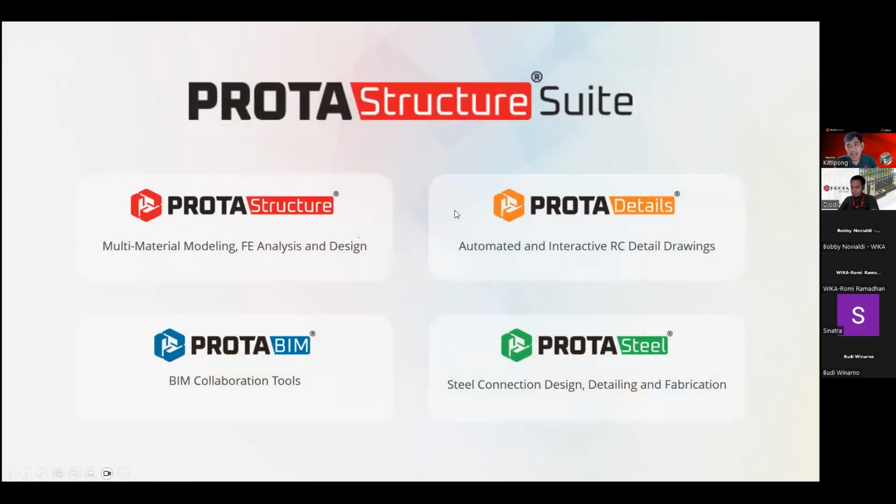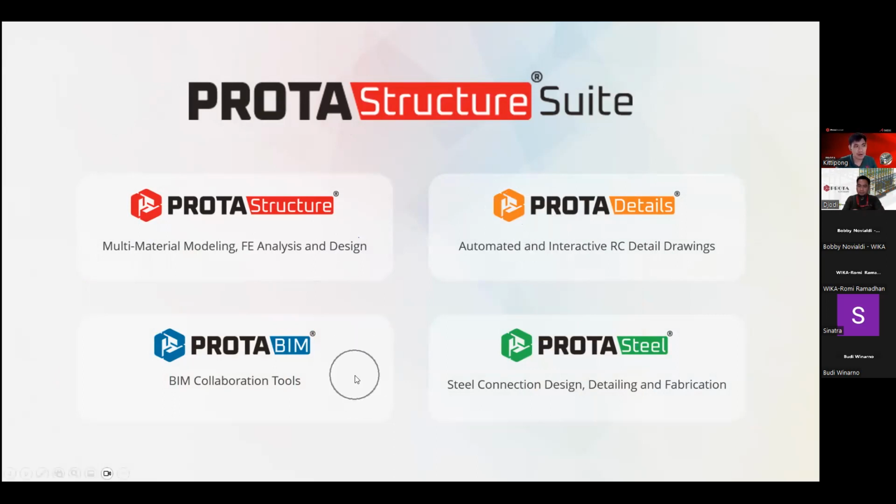So the Prota has 4 individual software inside the Prota structure suite. We have Prota Structure to cover all the modeling, the analysis and design member, all in the Prota structure. And we do have Prota Detail to cover all the detail for the concrete reinforcement.